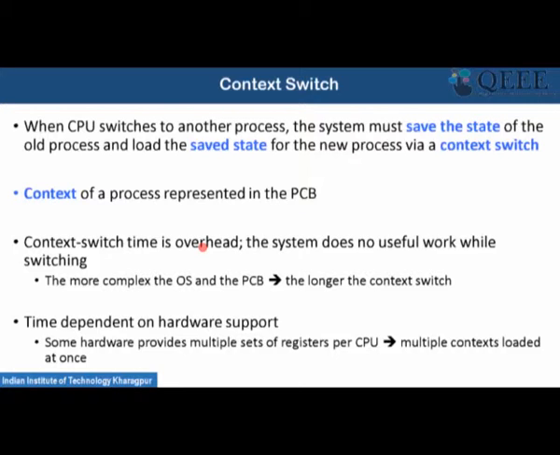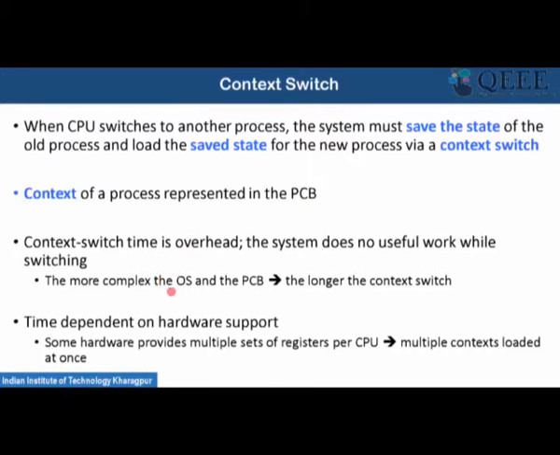Say if you are running a process which has lots of local variables or lots of memory states, then the PCB size also increases. In such a scenario, you need to take a significant amount of time to store the content in the process control block. So that is why whenever you are doing a context switching between multiple processes, that comes as an overhead for your system.